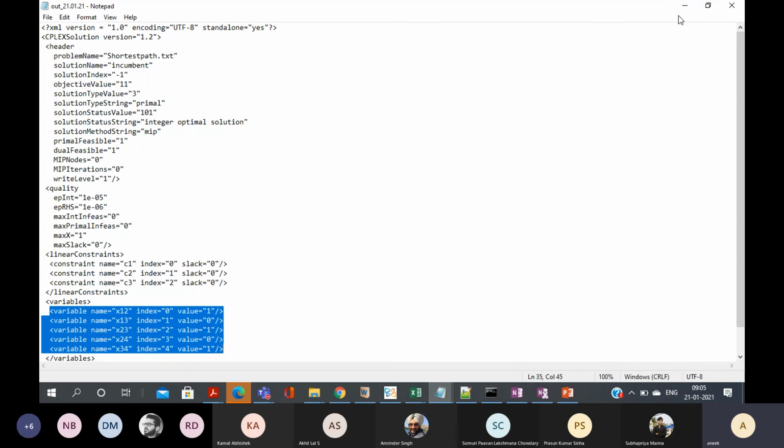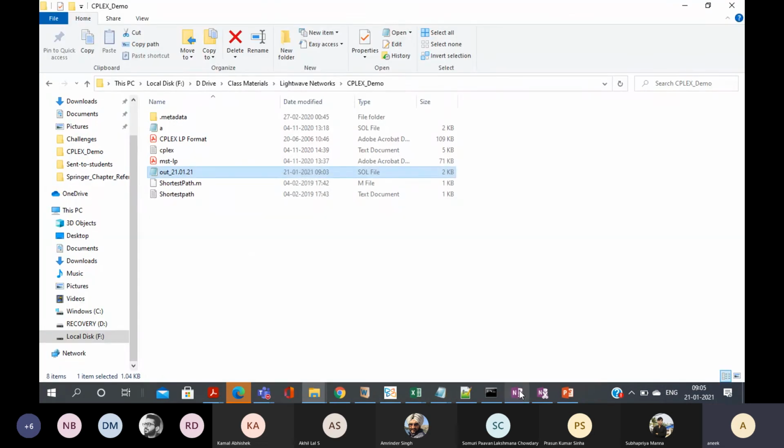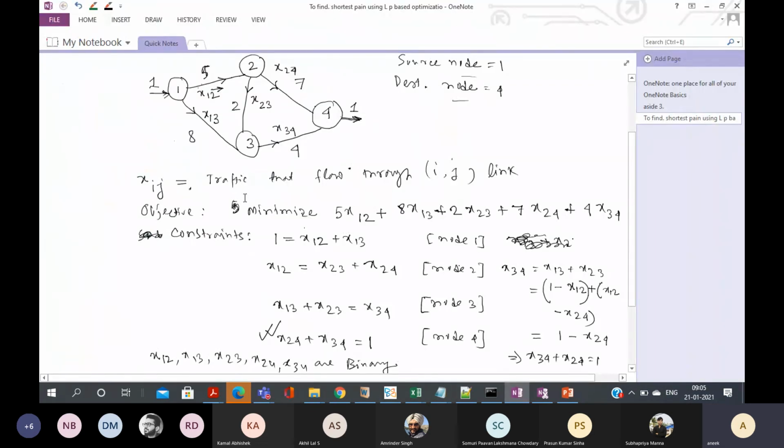Now I go back to my actual network and note that. What I find is that x12 is 1, x23 is 1, x34 is 1. 1, 2, 2, 3, and 3, 4.